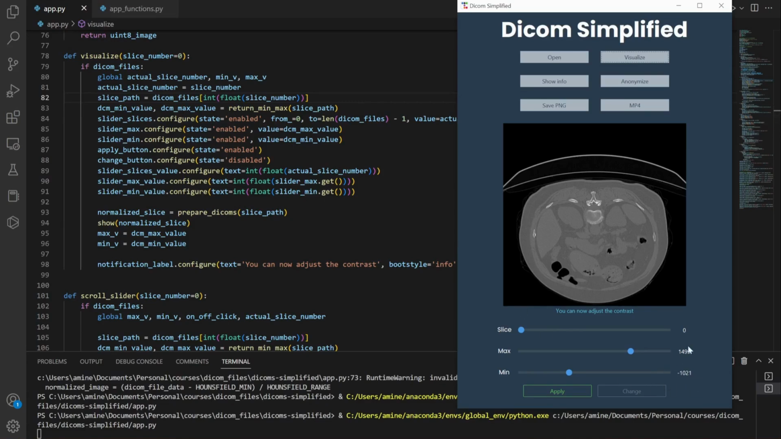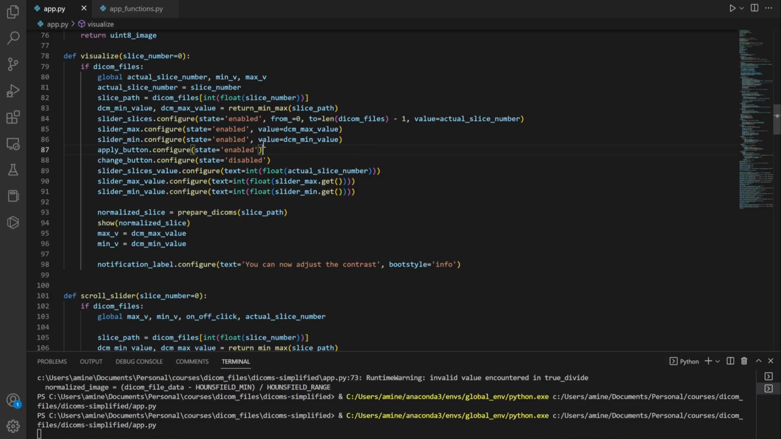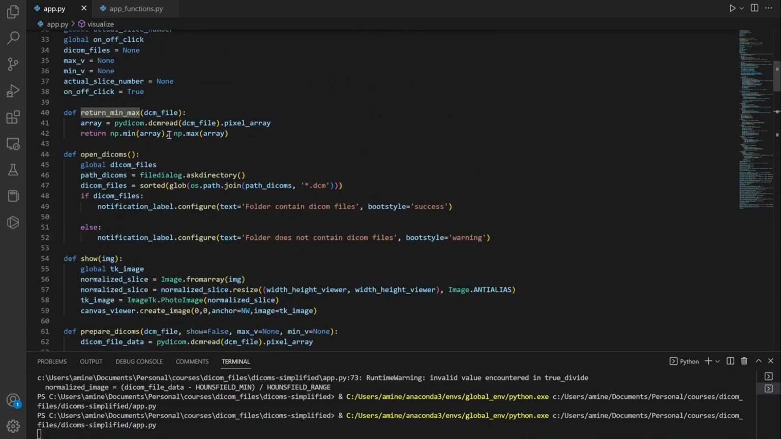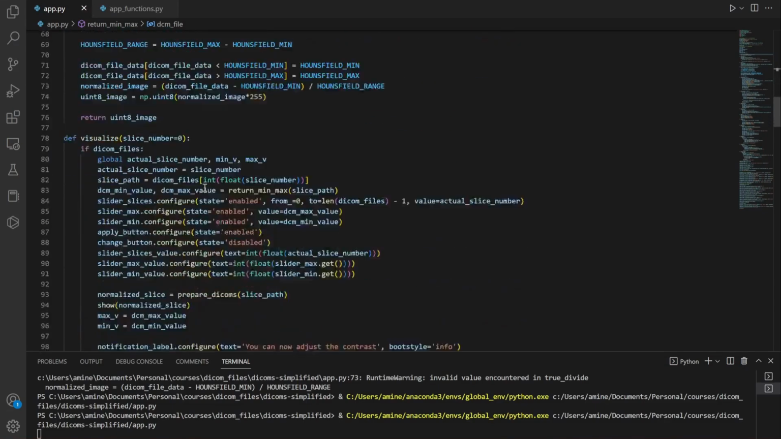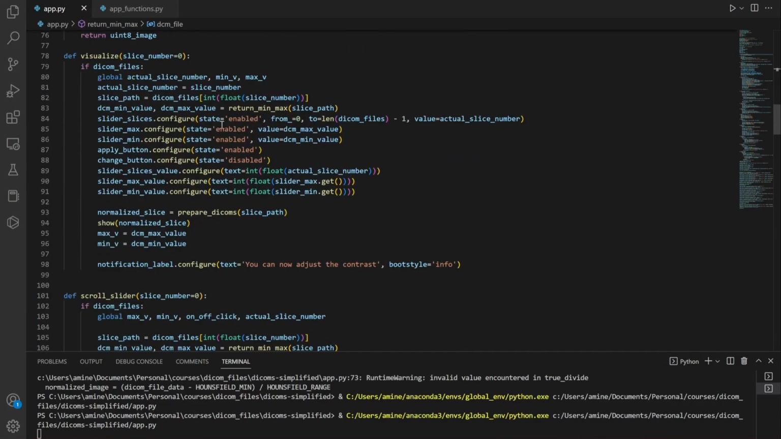So to return these default values, we need to go here and use this function that I created. This function takes the path to one DICOM file. So it reads it and returns the min and the max of this DICOM file. And then after having them, we are showing them in the, because you see slider max and slider min. So we are initializing them with the values. And of course we initialize them in the,